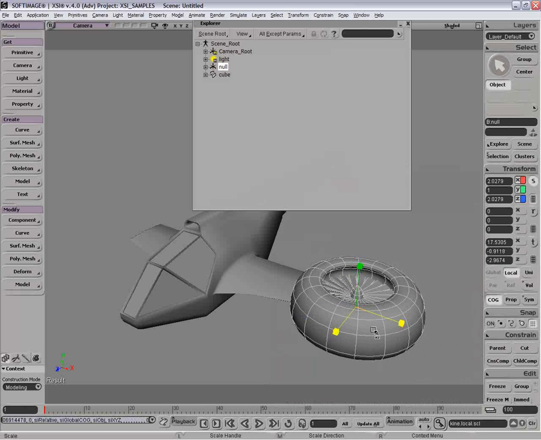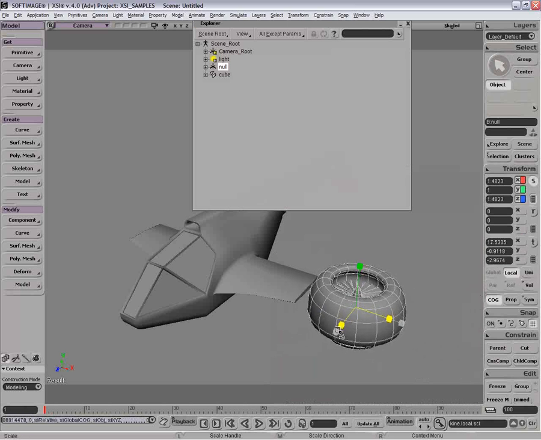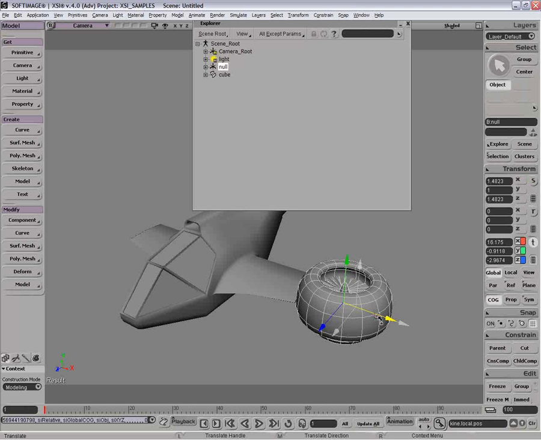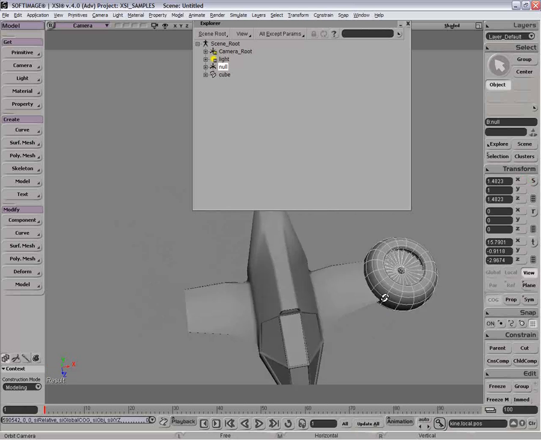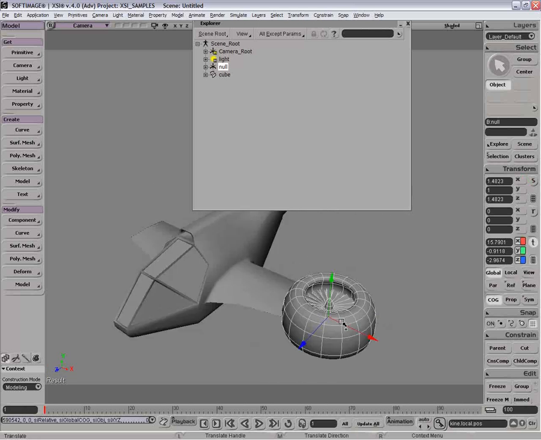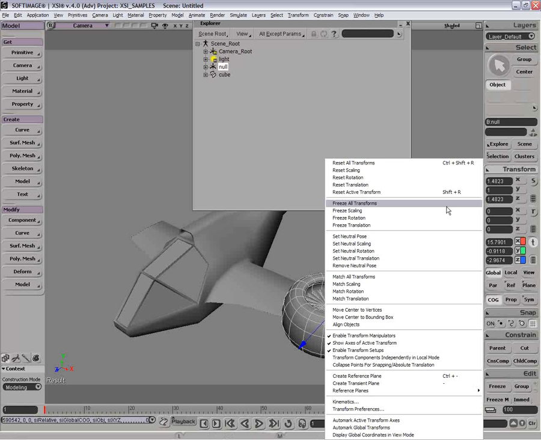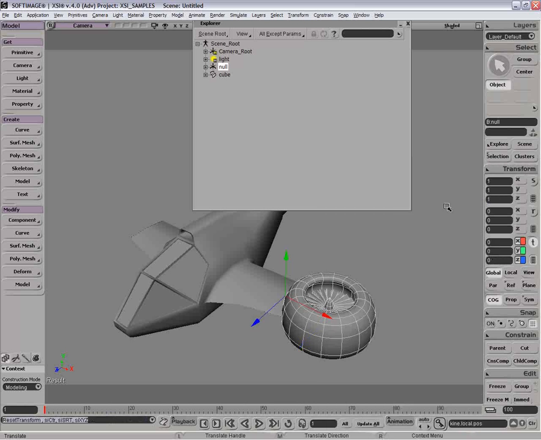You know, I think that might be a little bit too much. Let's just bring that back in a little bit. And you can see, because child compensation is now off, I can actually scale it to a fairly reasonable size just by scaling the null. So okay, let's just duplicate that guy. And what I'm actually going to do is also freeze all transforms. I don't have to, and I can always reset it later, but for one particular reason, if I now duplicate this fellow,